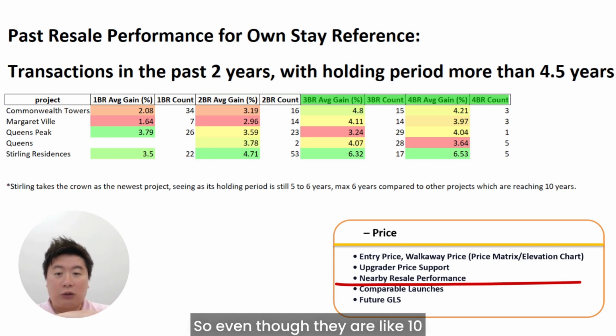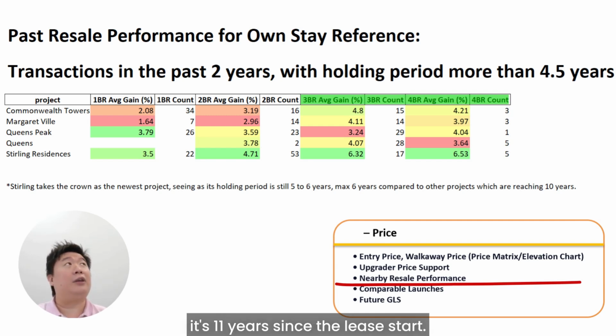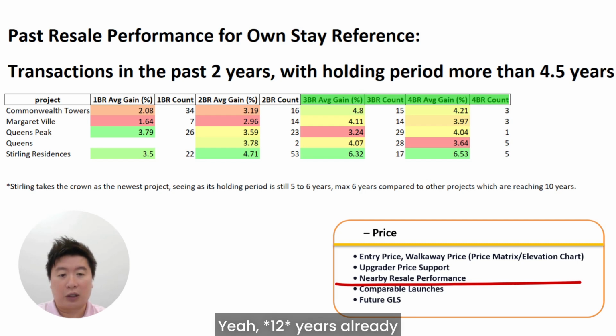Yeah. So even though they are like 10 years old or slightly over 10 years, it's still performing very healthily. Like for Commonwealth Towers, it's 11 years, right? Since the lease start. Yeah, 11 years already, because the lease started in 2014. So 4.8% is still very decent for having stayed in the place for like